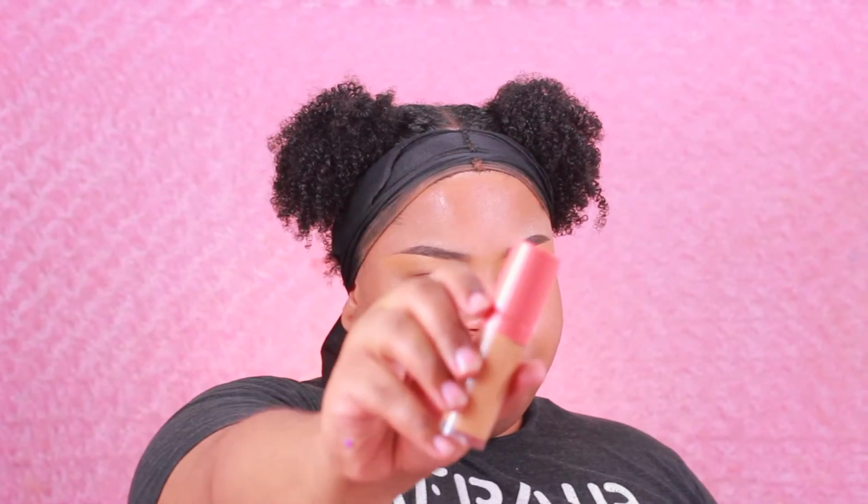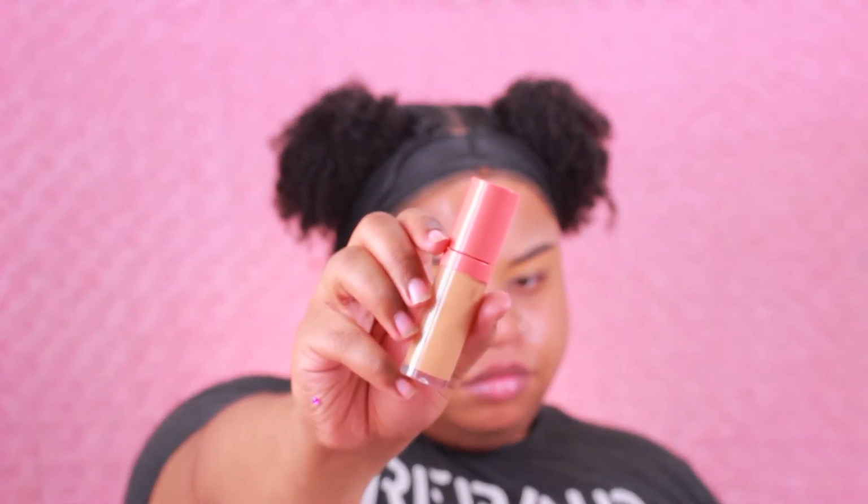I'm about to use a concealer that is close to my skin tone. This is the Juvia's Place concealer, I think this is the number 17. It's literally dead on with my foundation shades typically, or a little bit lighter. I'm using that as my eye base today, and then I'm just gonna blend that out with